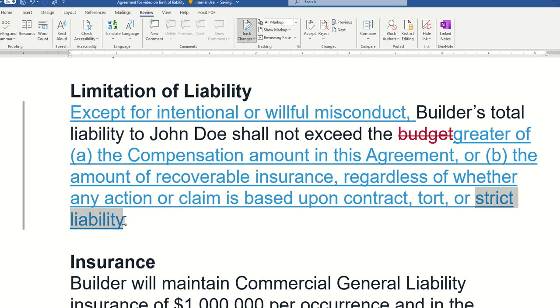Strict liability. Now I know he's not using dynamite to take out the old door. I know he's not carrying huge vats of water that might flood my neighbor's property. I don't know if there's any kind of very strict regulatory rules on someone who's installing doors. I don't know if I really need strict liability in here.